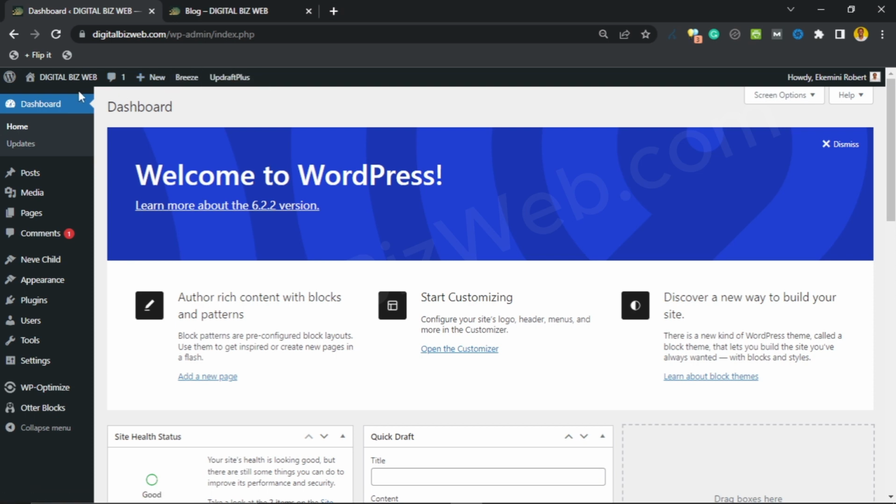Now, the first option that you have is the WordPress admin bar. All right, so this is a WordPress admin bar. It actually has the options that you need. First is your website. Looking at this, you can actually visit your website from this position, and this displays your website name. And so your admin bar actually shows up when you log into